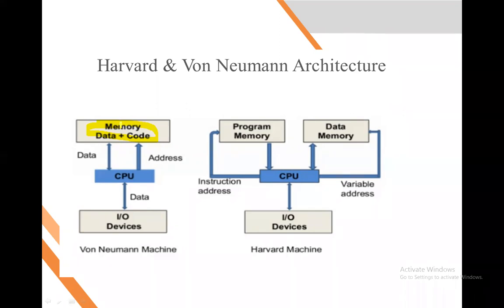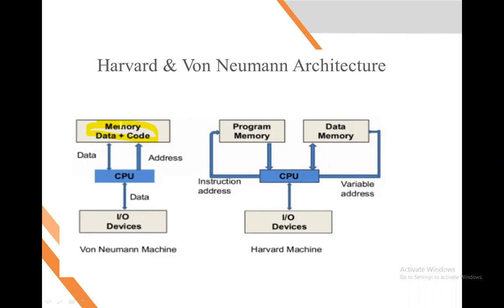So our 8051 has a Harvard structure. It is also an online examination question: which structure does the 8051 have? The 8051 has a Harvard structure. But the drawback of this structure: if you have one cupboard, the cost of the cupboard is less. But if you want three shelves in your cupboard, the three shelves have an additional cost. So your hardware cost will increase.